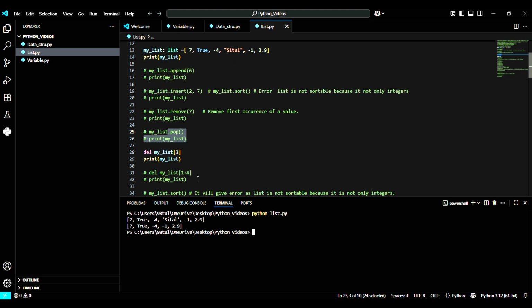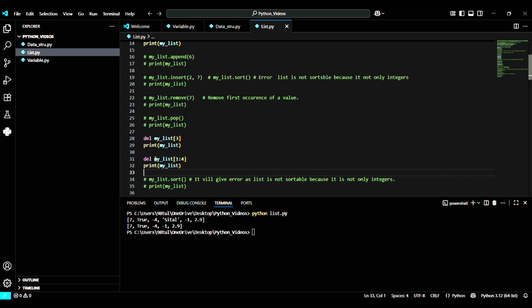So now we will use slicing, deleting by slicing. Let's see. Here I have written del mylist. Let me comment this line. Within square brackets 1:4. This is the symbol of slicing. I mean, we will slice. When we slice, we will do these things, or we will write in this syntax. So let me print.